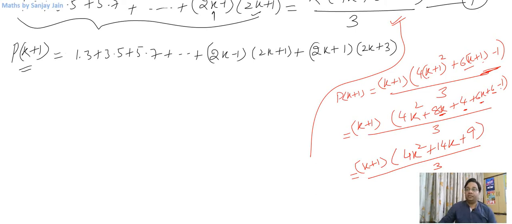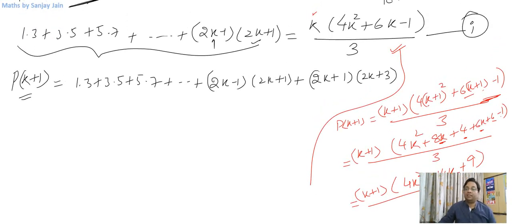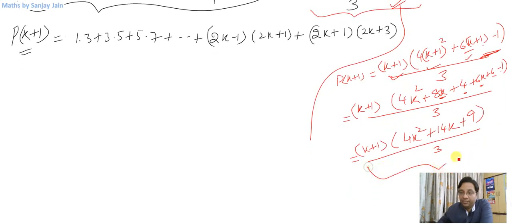So what I have done here is, I have written the answer for myself, right? Where I want to reach. How did I write it? Because if I want P(k plus 1) to be true, then on the right hand side I should have exactly the same pattern. The only difference would be that every k will be replaced with k plus 1. So I replaced it by k plus 1 everywhere on the right hand side and reached this expression here. So if this expression I can get through this left hand side, then I'll say P(k plus 1) is true. Okay, so let us check this expression.